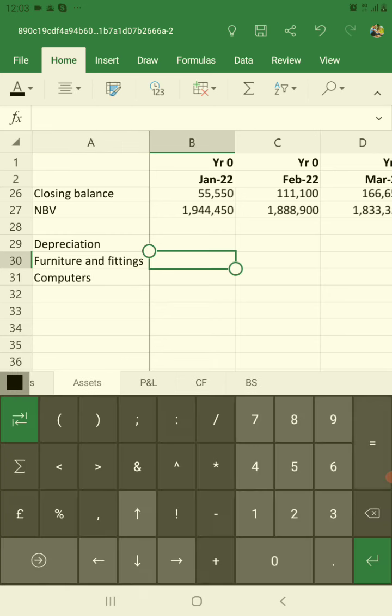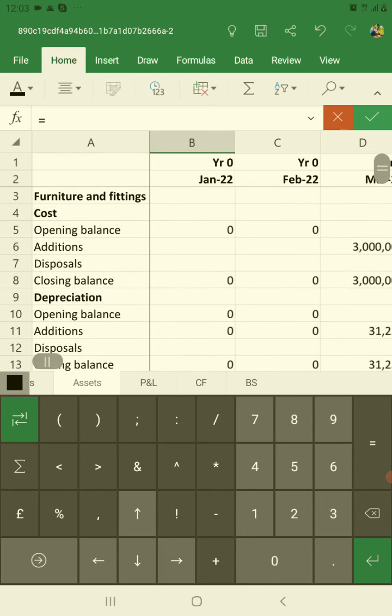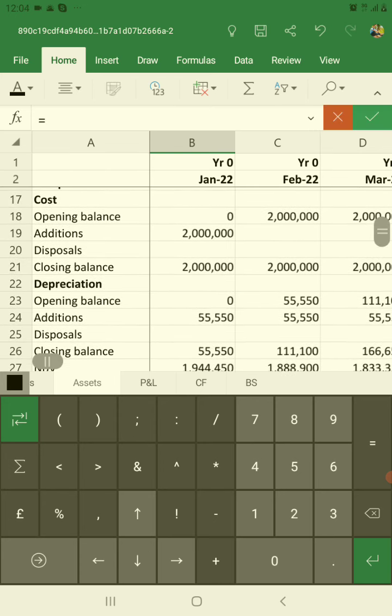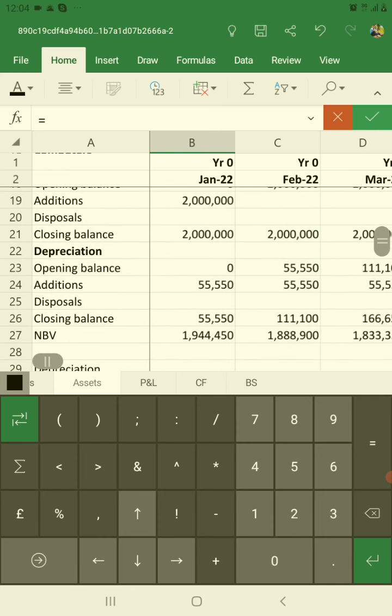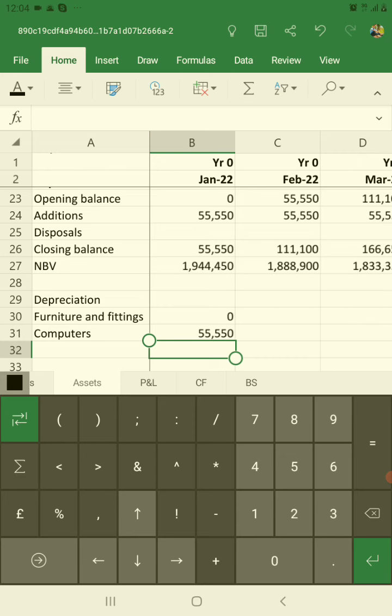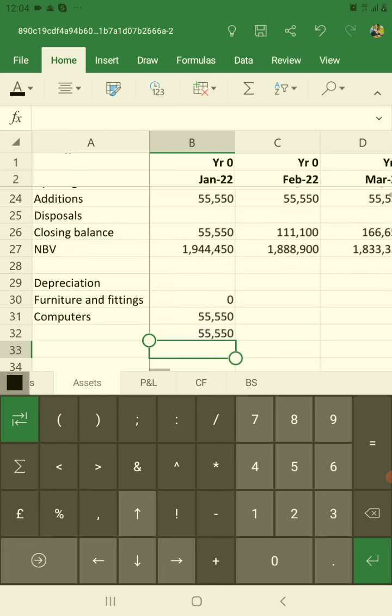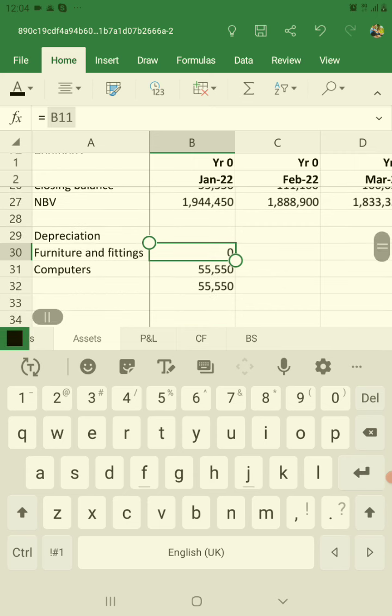So we are going to pick them. Furniture and fittings, the depreciation addition is on B11, okay, for January. So enter. And for computers, the addition for depreciation is on B24 for January. Here, enter. So we have those, and I use sum to sum the two, enter,